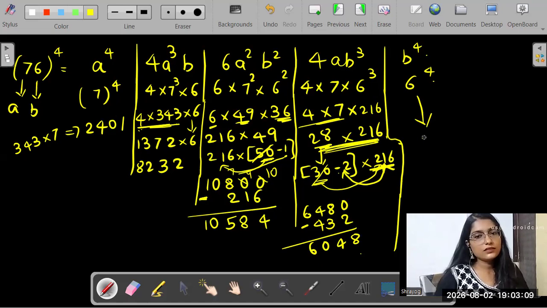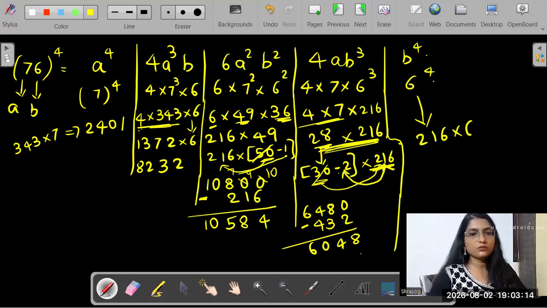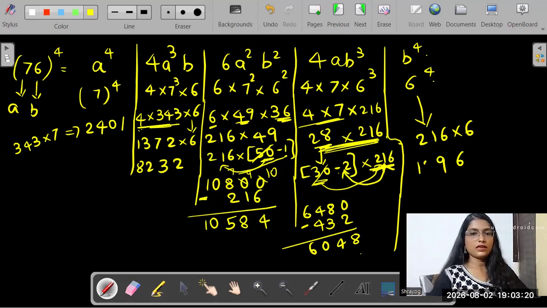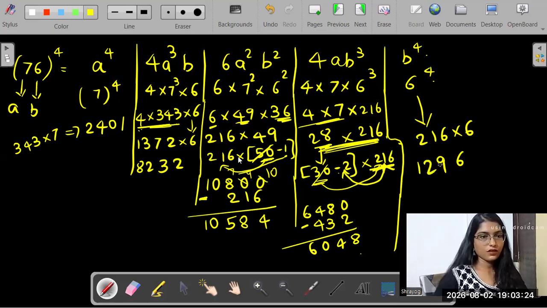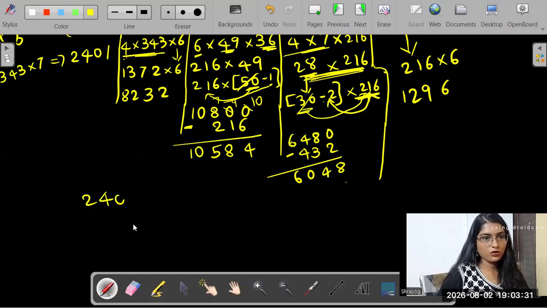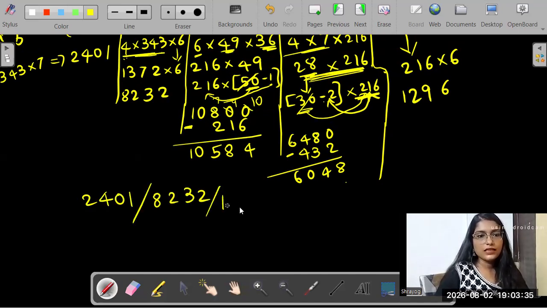And 6 raised to 4 is how much? We know that the cube of 6 is 216. If we multiply the cube of 6 with one more 6, I get 1296. And this becomes the answer of my fifth block. Now, after this, what do we have to do? We have to accumulate the answer of each block and do the thumb rule method in such a way that